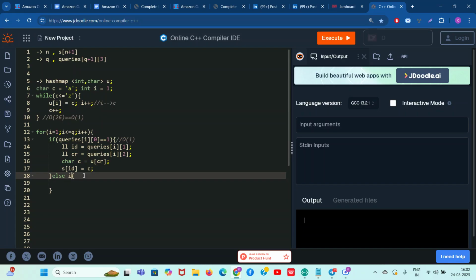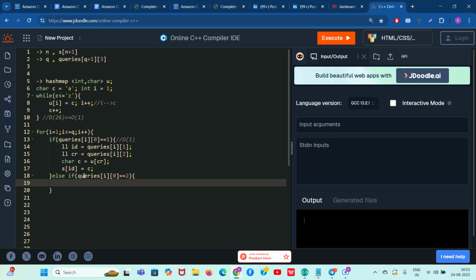For clarity, I can write else if, though I don't need to, for you people: if query of i of 0 is equal to 2, let's discuss what is going to happen in this case, what to do if the query is of type 2.